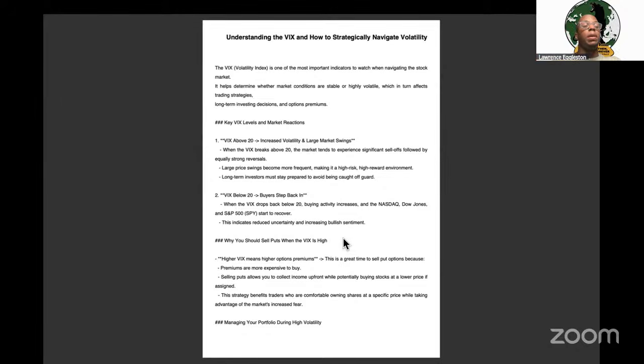When the market is coming down, what's happening? The volume is shifting more to the downside on the overall market. So now it makes more sense for you to go ahead and sell put options. The purpose of selling put options is, one, you have the cash that you want to leverage, but also two, you're now going to sell these puts because you've now identified a company that you